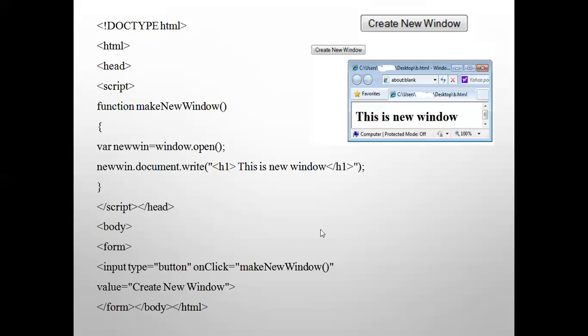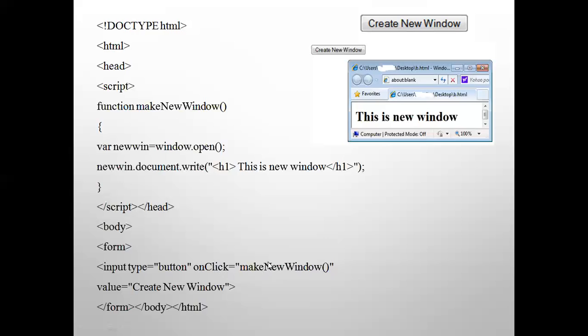Here we are giving a function. So this will be input type button. What will be written on it? Value is equal to create new window. See here. And on clicking this button, what should happen? This is the onclick function. Write it as it is. C is capital. It's an inbuilt function. So you have to go with how it is being told to you, the format how it is being defined. So onclick is equal to make new window.